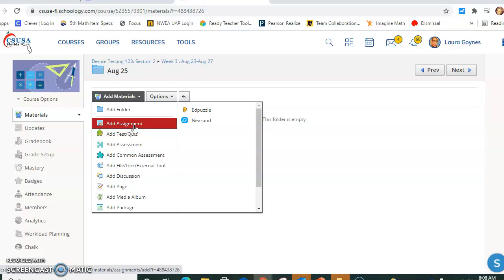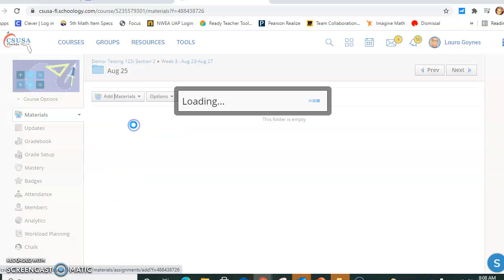This is going to be your best tool if you want students to complete something digitally and turn it back in. I will say that this does require the students to be somewhat technological, and I wouldn't recommend this for younger grades. But for older grades, they should be familiar with it from last year. So you would click Add an Assignment,